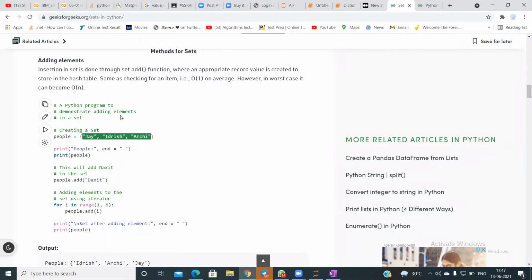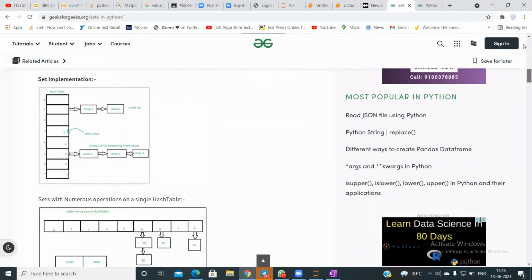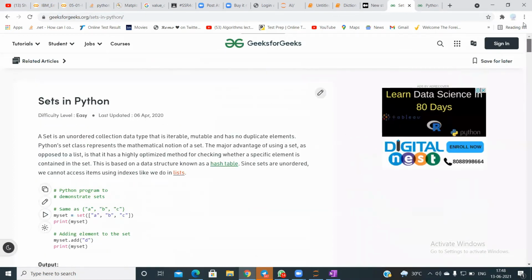It is internally sorting this set, and it is giving you a set in the ascending order. So let me check your set. Print the set.